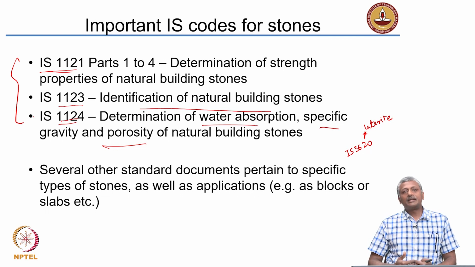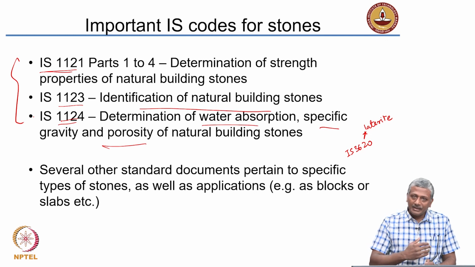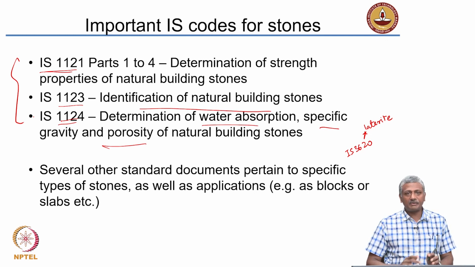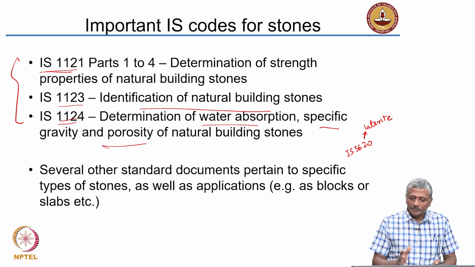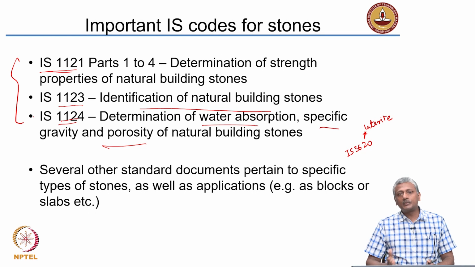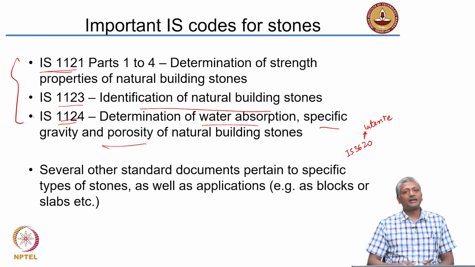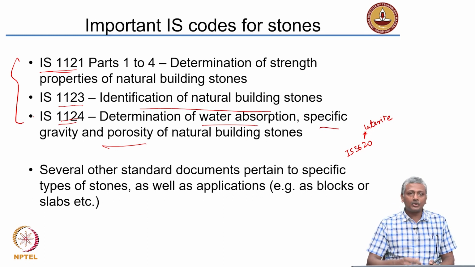With increasing demands of construction all over the country, we need to have processes that are standardized so that they can be repeated everywhere. So that's why we do standardization, and standards are not just for materials, they are also for processes. There are standard test methods so that you evaluate the material in the same possible way. Okay. So again, many of these test methods you will deal with during your curriculum, your regular bachelor's curriculum. You will go through those test methods, you will actually be doing them yourself in the lab, and that will give you a lot more learning than any theoretical teaching that we are actually imparting to you through these lectures.